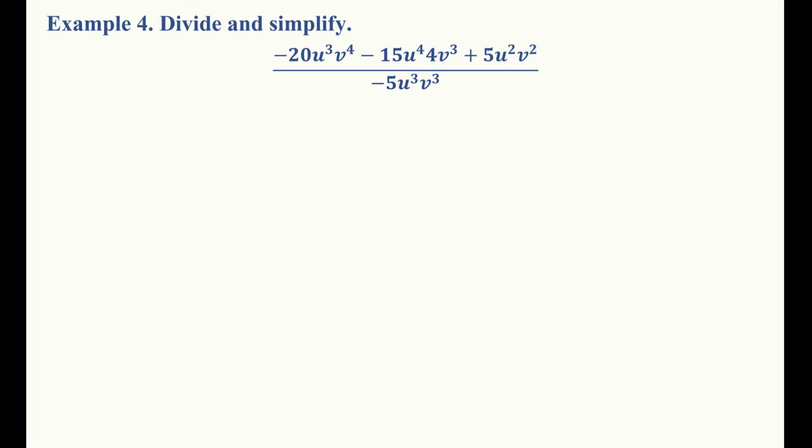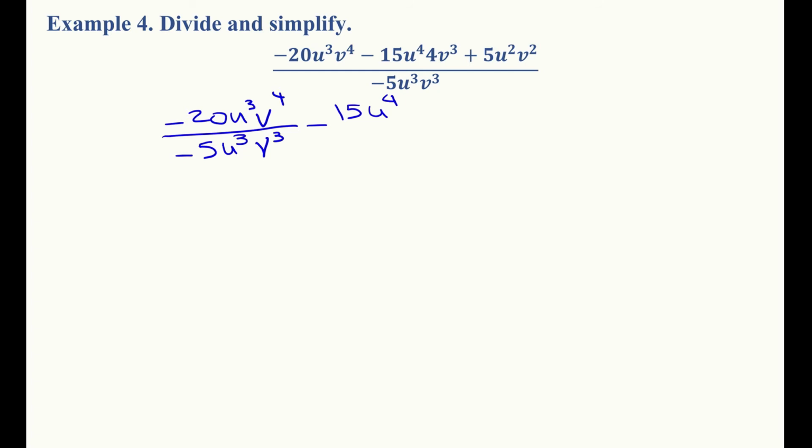So we start out by splitting up the terms. So we get -20u cubed v to the 4. I do hope you've tried it on your own already before rejoining us. So minus 5u cubed v cubed, and then we're not worrying about the signs at this point. We're just going to write them. We'll take care of them in the next step. So minus 15u to the 4